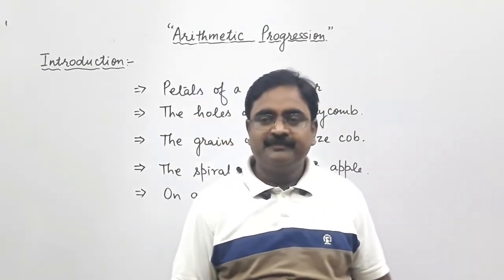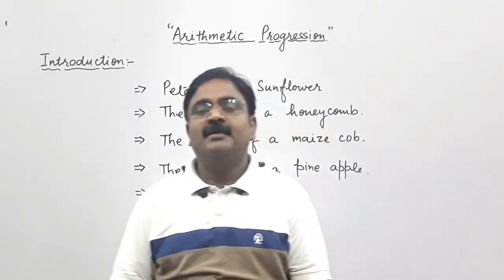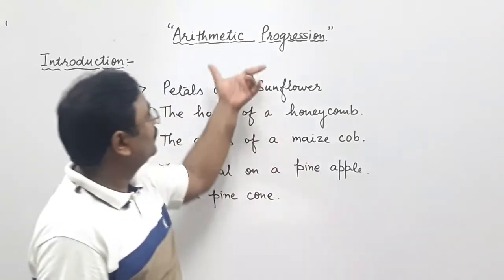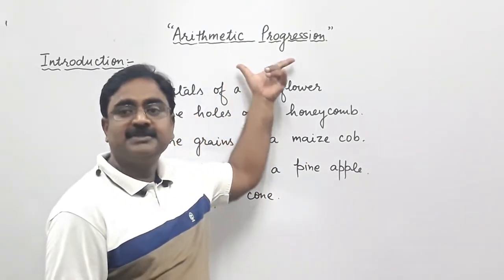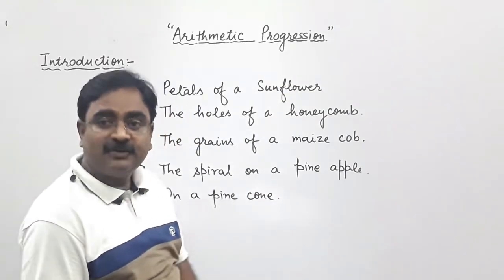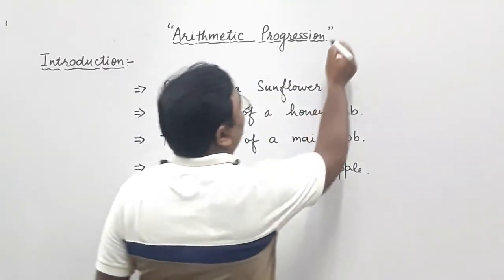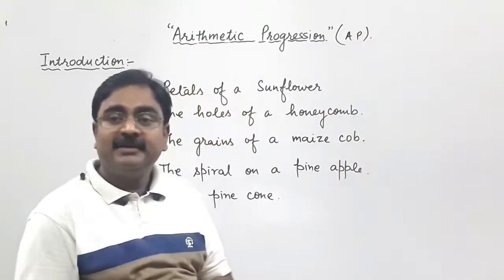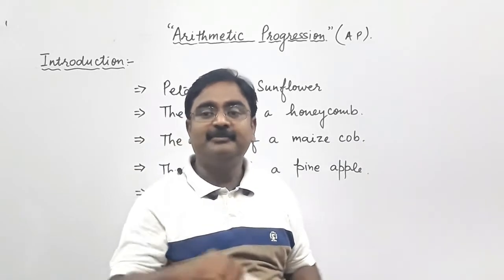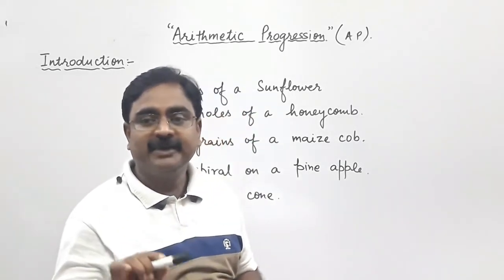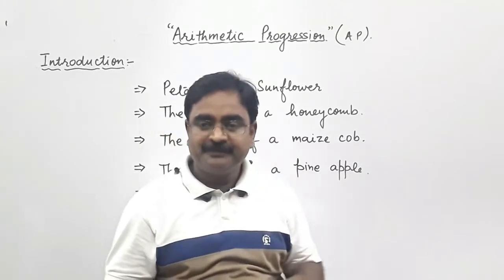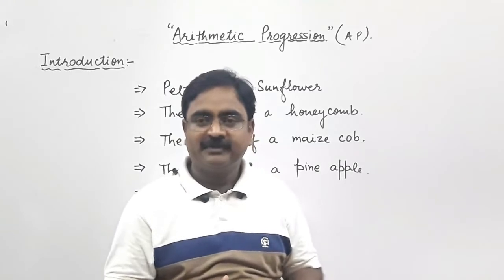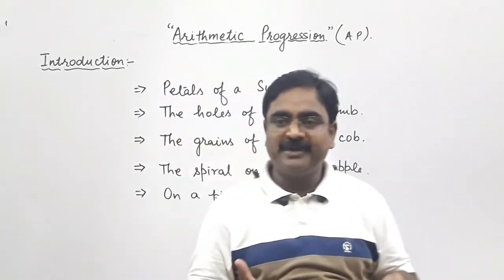I am Suresh Vishwakarma, going to represent you the mathematics of class 10, and today we are going to see the introduction of chapter 5, which is arithmetic progression, and it is always read in the short form AP. Right, children? So, where the AP is written, you have to understand this is arithmetic progression. Now in this chapter, we shall discuss a few important parts.